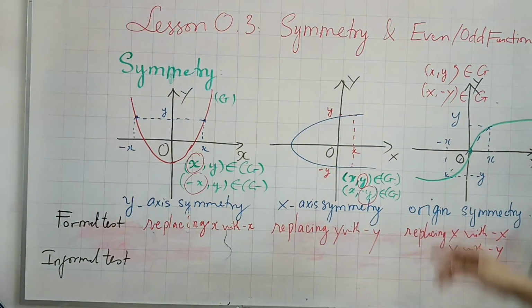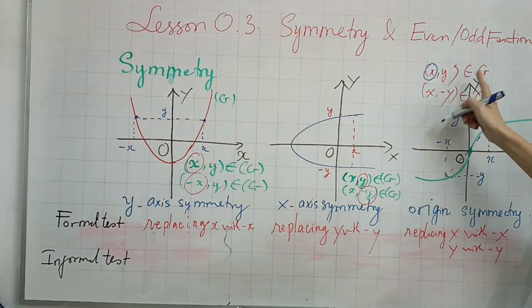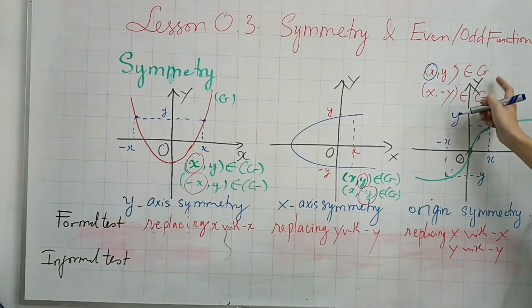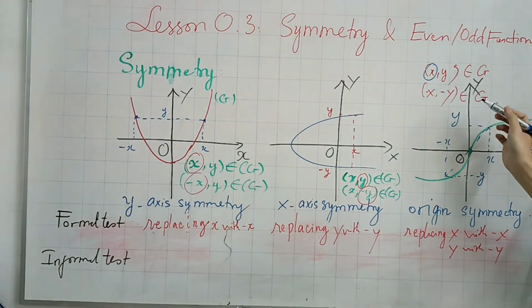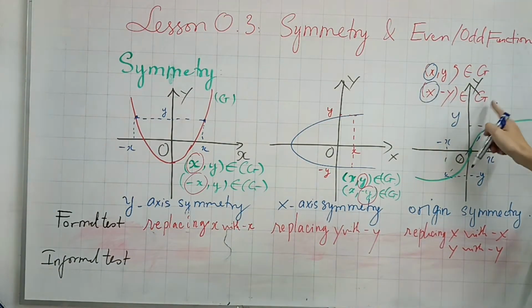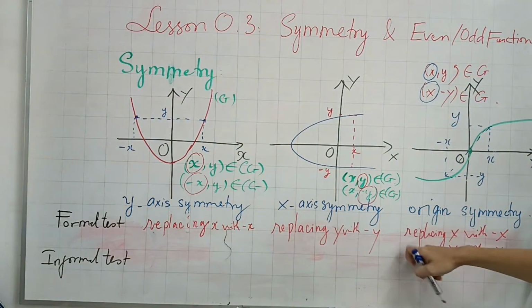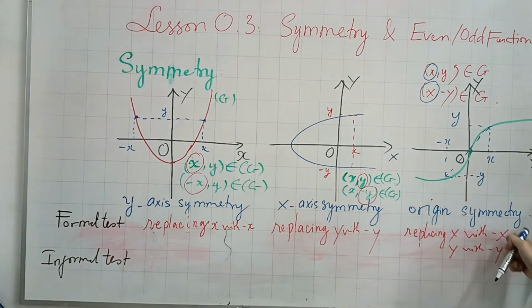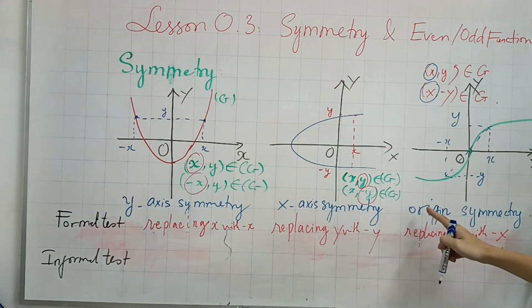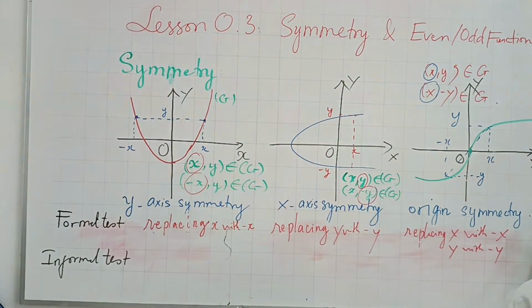Because now you see the point x, y lies on the graph also means that the point negative x, negative y lies on the graph. So we must replace x with negative x and y with negative y in the origin symmetry, and all of them must produce